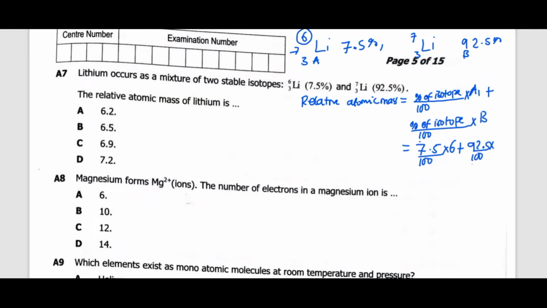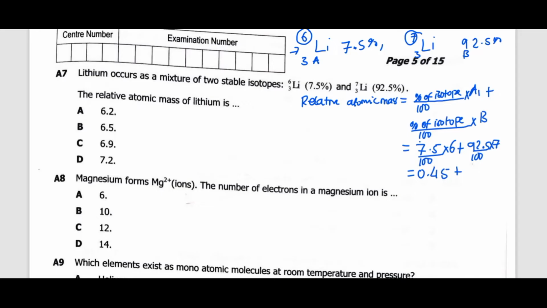The mass number this time is 7, so multiply by 7. So let's do calculations. So 7.5 divided by 100, so I'm getting 0.075, then times 6, so here I'm getting 0.45 plus, then we have